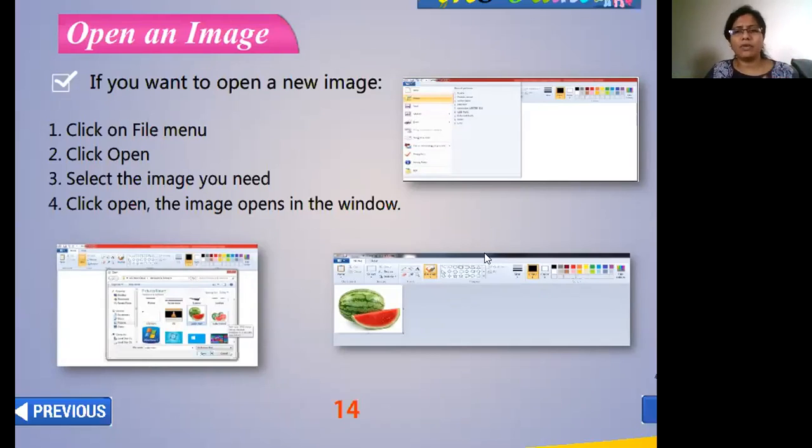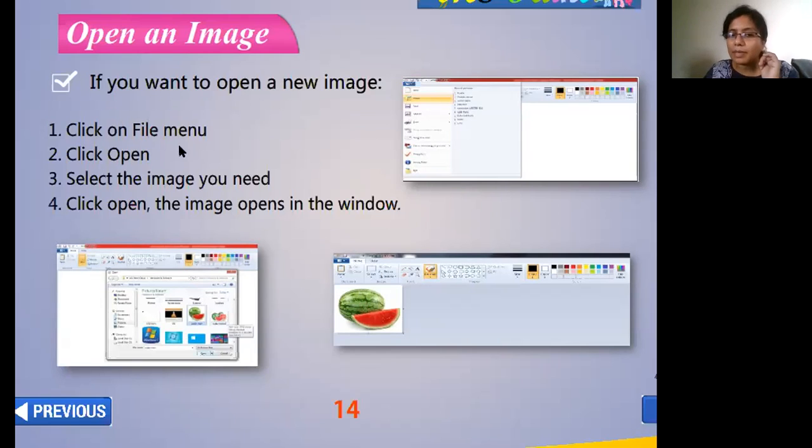See children, until now we have seen how the brushes work. And with those brushes and shapes, we can draw anything. But imagine you want to bring a picture from outside and put it in our paint. Can we do it? Yes, we can. So how do we do it? Imagine you have an image saved in your computer. Okay, you have downloaded an image. Let's take the example of this watermelon. You have downloaded a watermelon image in your system and you want to bring it into your paint so that you can make more changes to it. How do we go about it?